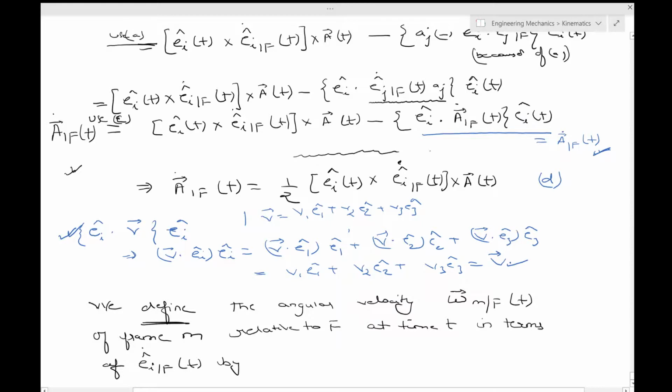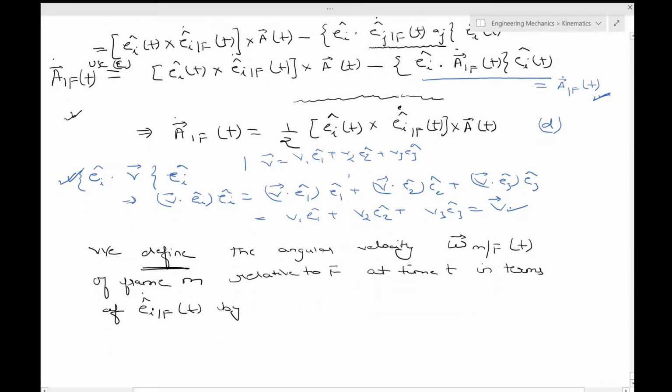Okay, so I'll just write it over here as omega of t, I'll just remove this, is equal to half of e_i of t cross e_i dot f of t. Okay, this is equation 1.47,